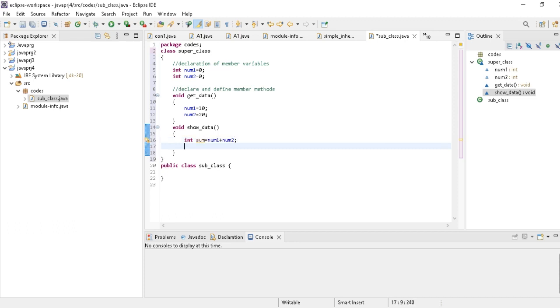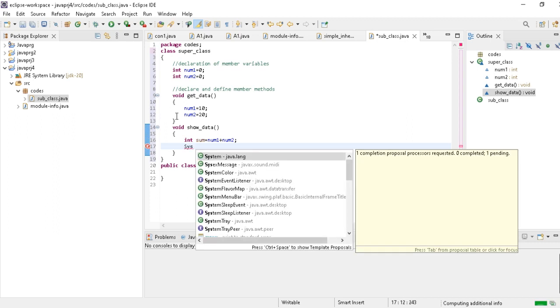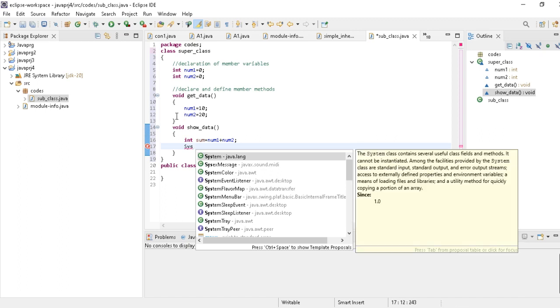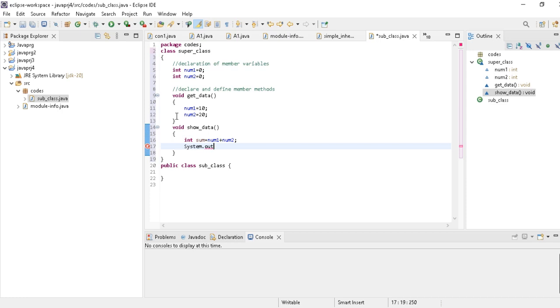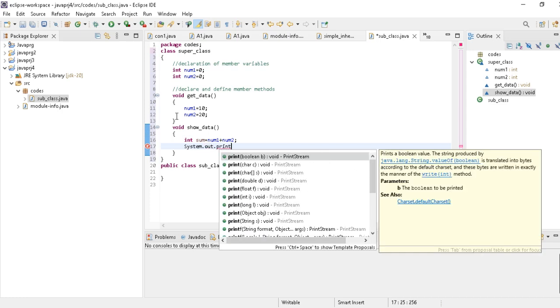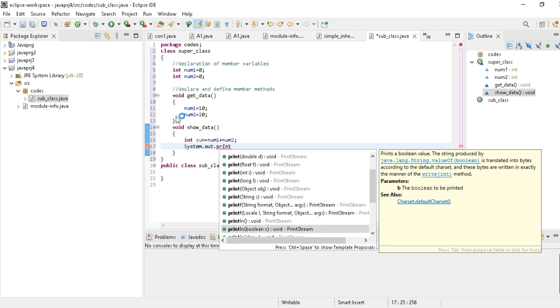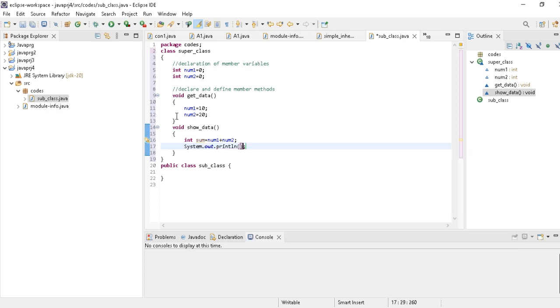This is just an example, and then I write System. See, I wrote System and I will press Ctrl+Space, so it will again show me all the suggested classes which start with the name sys. So I write System dot out, as I type print it will show me the number of println methods. So here in println I will write "the sum of num1 and num2 is", then plus for string concatenation is